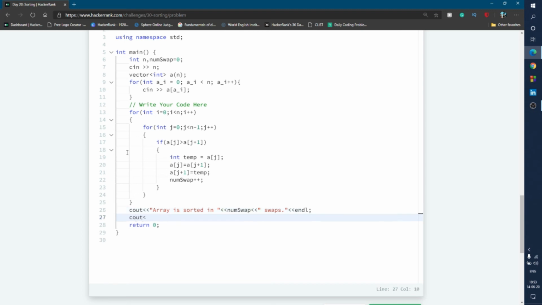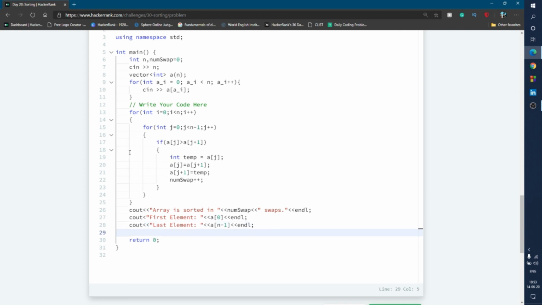After that I write cout and then "First Element:" and print the first element of the sorted array and put endl, and for the third line the same. This time "Last Element:" and then print the value of a[n-1], because it is the last element of the sorted array.